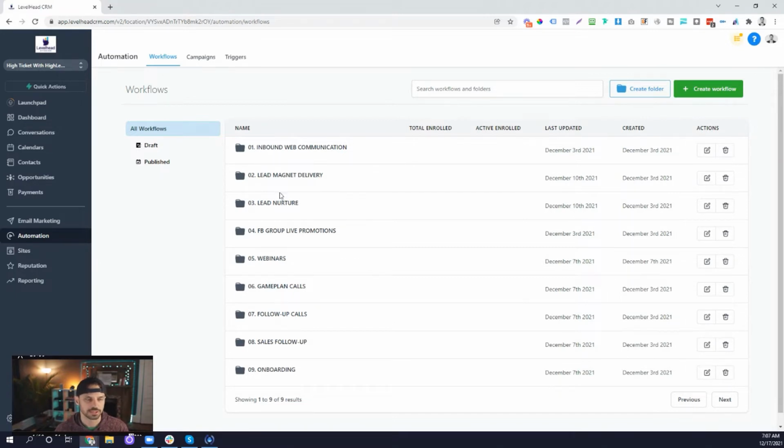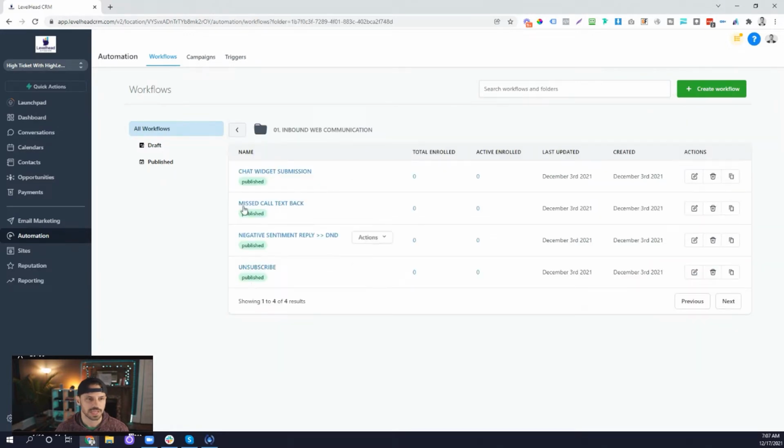So I like to put numbers before them so I can keep everything organized in the way that the marketing and sales process happen. Once you start enrolling people into these workflows, let's go into a folder. Now, this is just a snapshot, so we're not actually actively running any of these workflows, but we look at